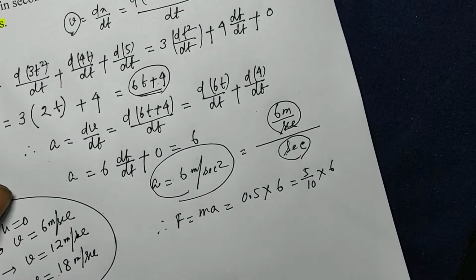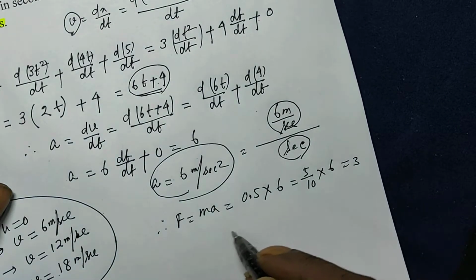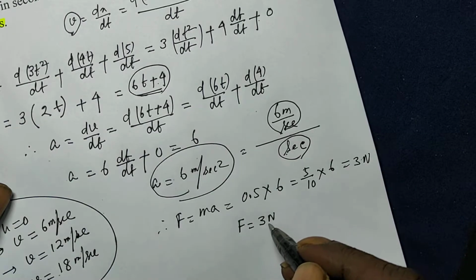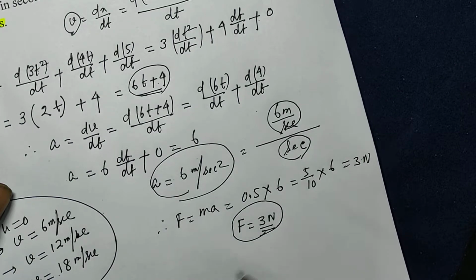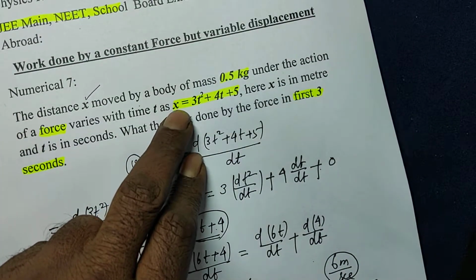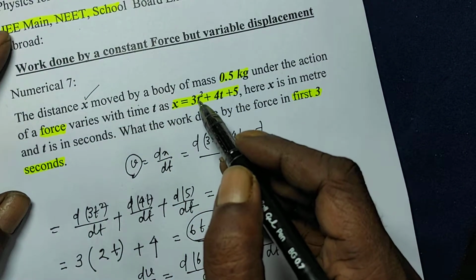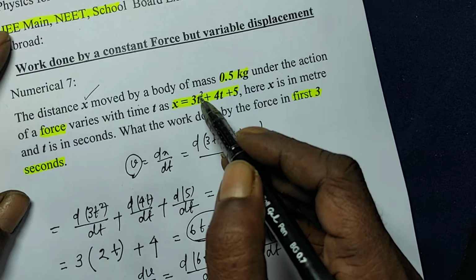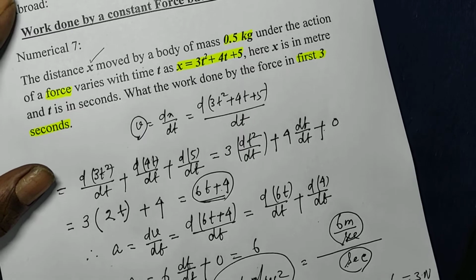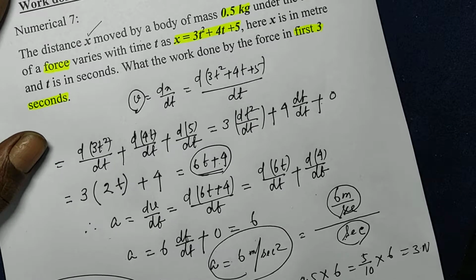So that comes out to be 3 Newton. So your force is equal to 3 Newton. So 3 is a constant. So what is the conclusion? If the displacement vector or the distance vector is expressed in t and the maximum power of t is equal to 2, then you differentiate it twice, the t will not be there, means acceleration will be constant, and therefore the force is